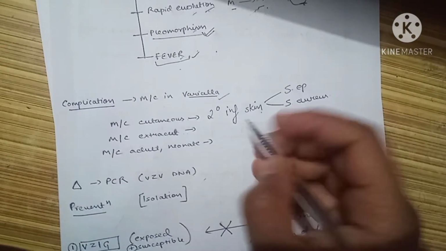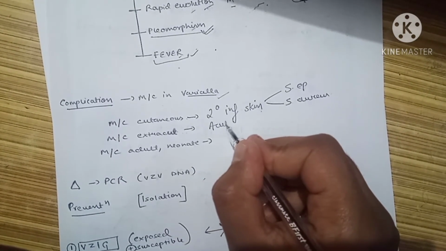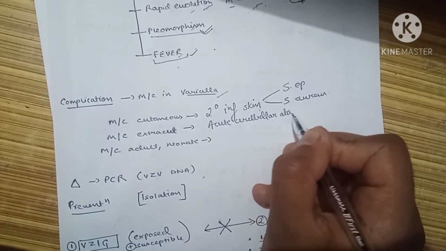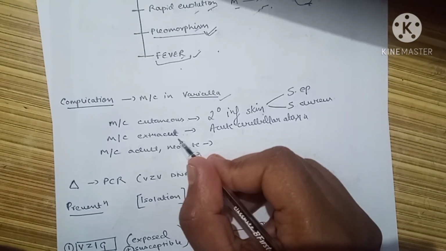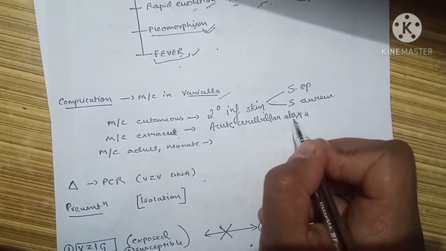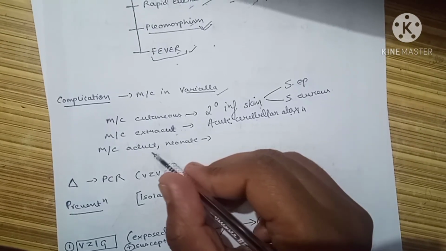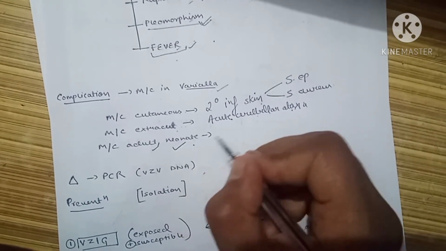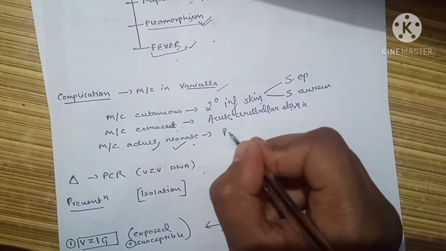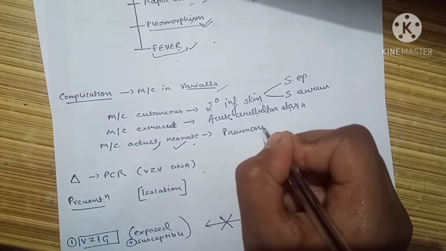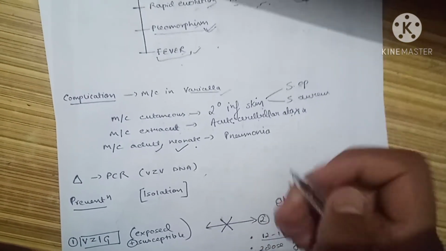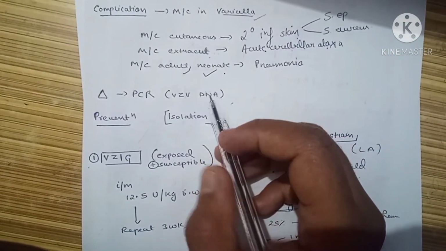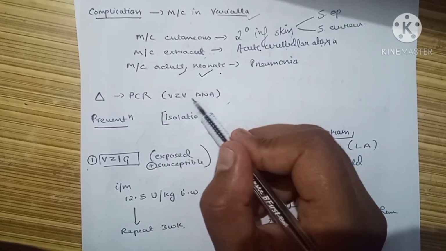The most common extracutaneous complication is acute cerebellar ataxia. Okay, the most common extracutaneous complication is acute cerebellar ataxia, and the most common complication seen in the case of adults and neonates, and this is the deadliest complication that can occur in chickenpox, is pneumonia, that is varicella pneumonia. Now, when we diagnose this condition, generally we diagnose it with a PCR by detecting